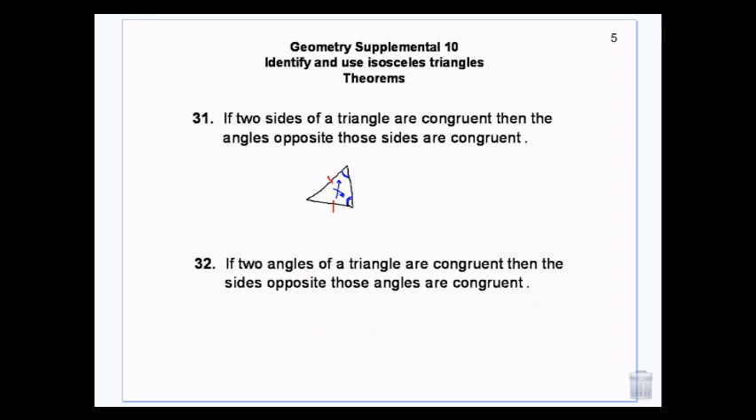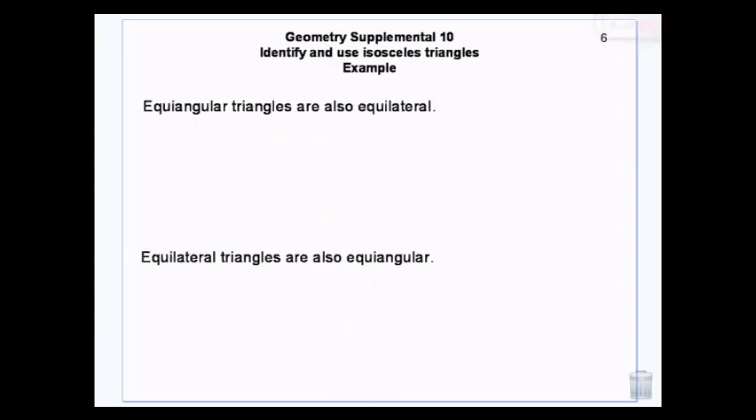And vice versa, if I have a triangle and these two angles are congruent, then the legs opposite those two angles will also be congruent. Okay,